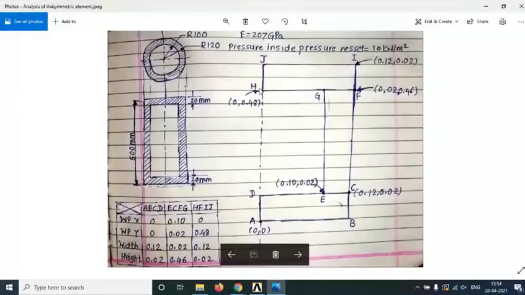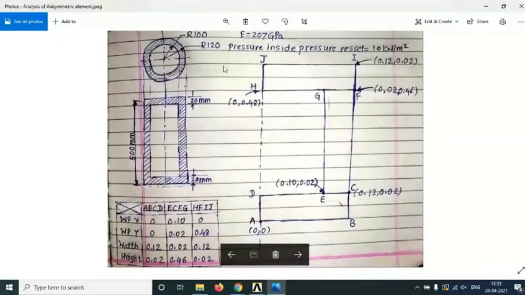The idea behind this is analysis of half the part of the pressure vessel, and the same will be reflected on the other half. So what we need to do is only analyze half the part of the given object, that is the axisymmetric object. In this way we can easily come to the conclusion of the analysis of the entire object given to us if the object is axisymmetric.